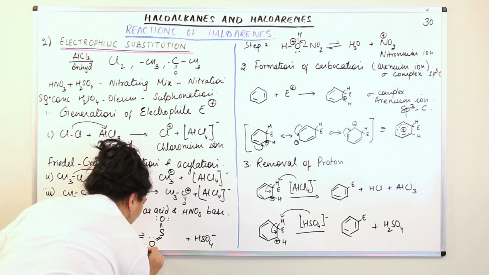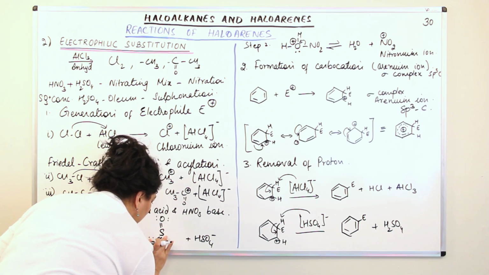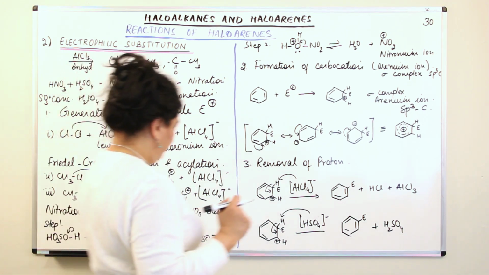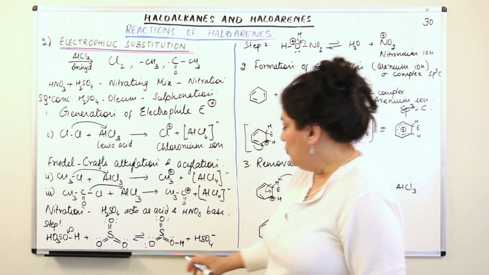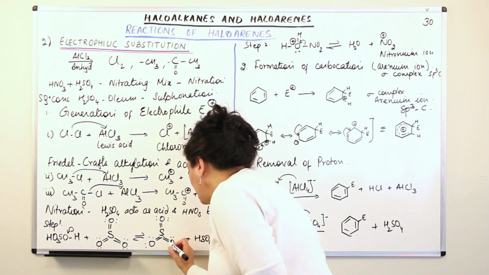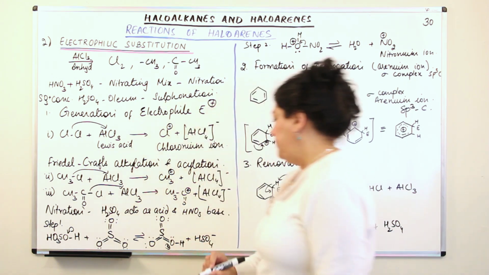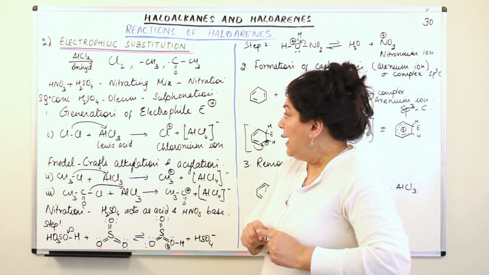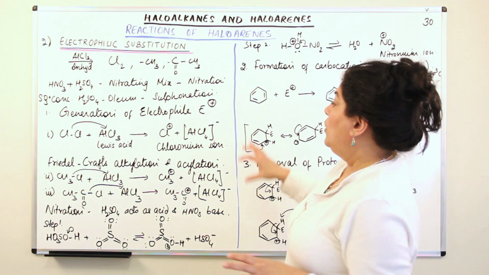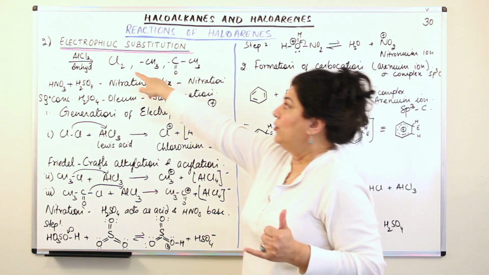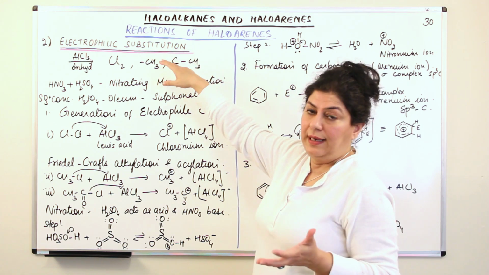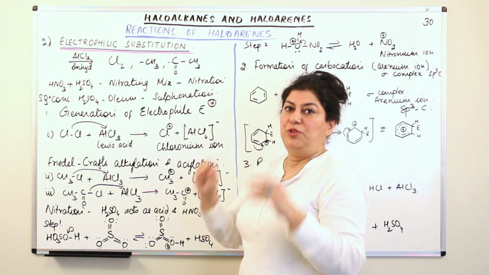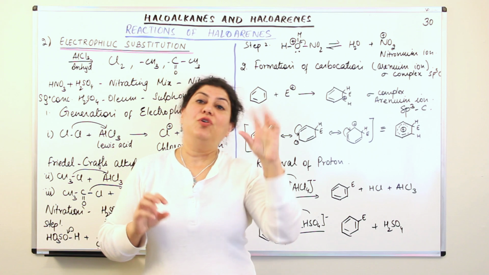This oxygen also has the 4 electrons, but this oxygen uses 1 lone pair to form a bond with hydrogen. Thereby, the positive charge now comes on this oxygen. And this is known as the sulfonium ion, right? And so we know how the electrophile is generated in the case of chlorination, alkylation, acylation, nitration, and sulfonation. That was the first step, generation of the electrophile, that is the generation of the positively charged